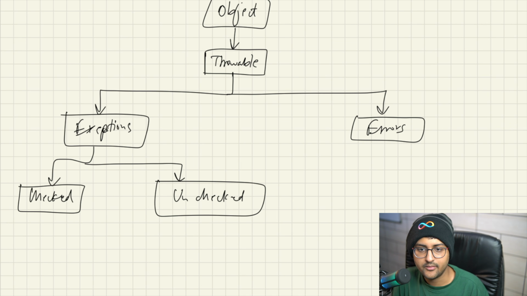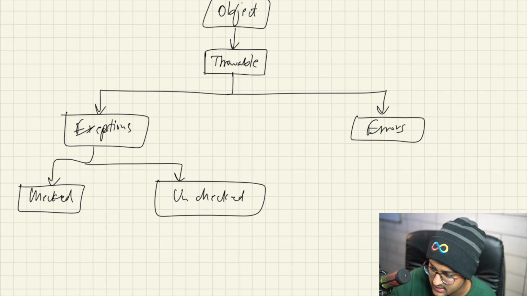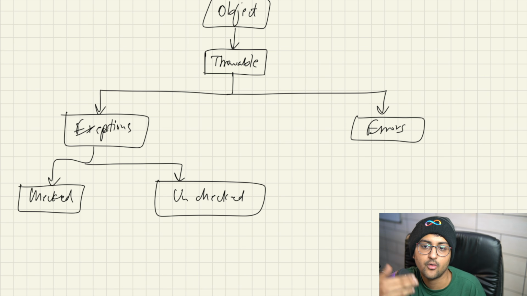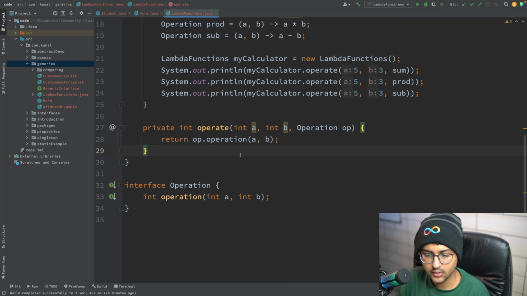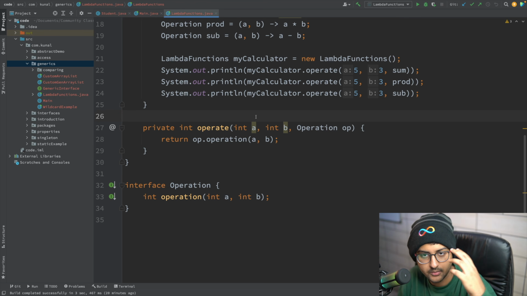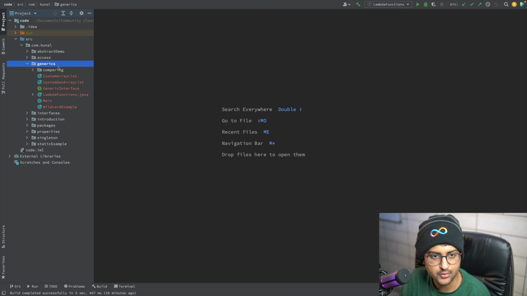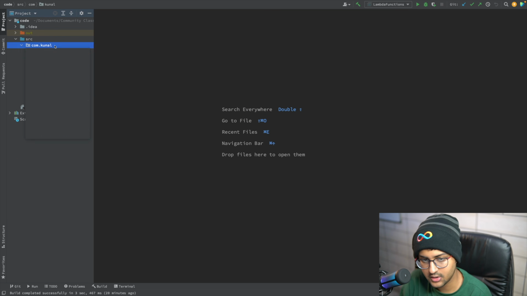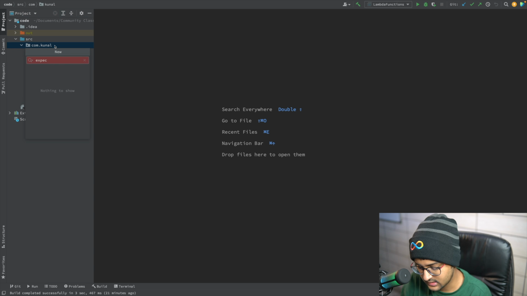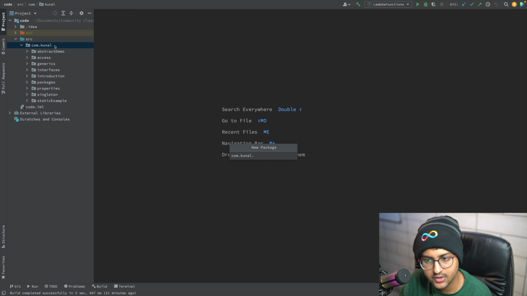So let's get started with how we can actually work with this in action. Let's see, and I will also teach you how to create your own exceptions. Okay. So let's look into it. There are a few keywords when it comes to exception handling in Java, and everything has its own use case. So I'm just going to make a new package here, exception handling.